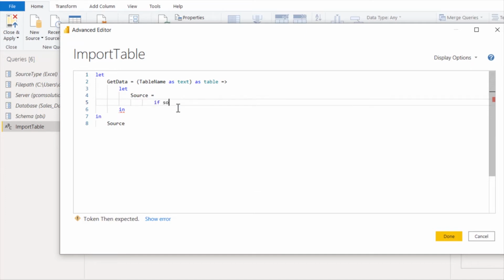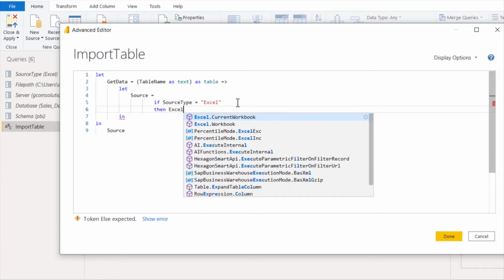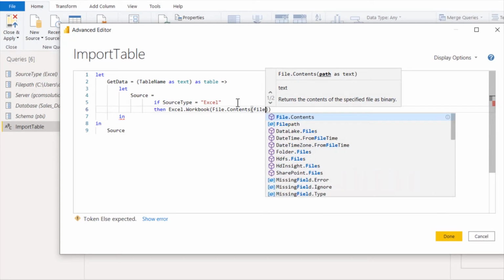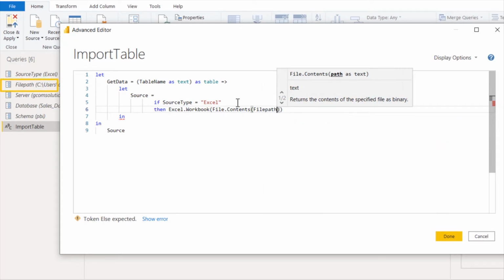and then we use if source type equals Excel, then we need to use Excel.workbook, and to specify the workbook we use file.contents, and to specify the path we simply make a reference to our file path parameter. So that's what we do if the source type is Excel,